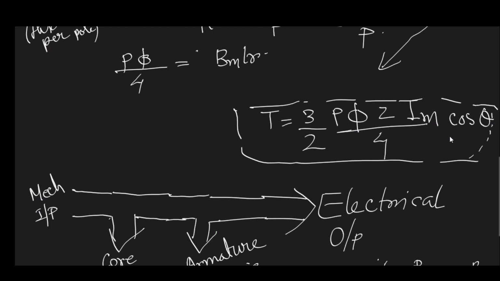Now, how can we make this counter torque negative? Mathematically negative counter torque, physically you can interpret that as some torque that is assisting your prime mover rotation, or it is actually pulling your prime mover. It means it is going to assist your prime mover rotation, and